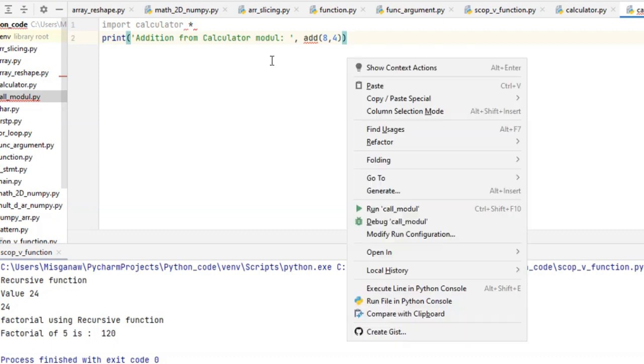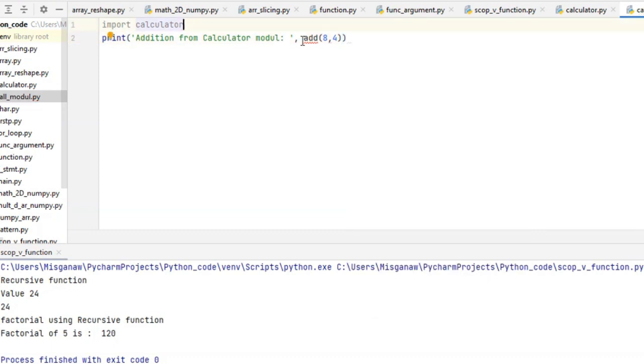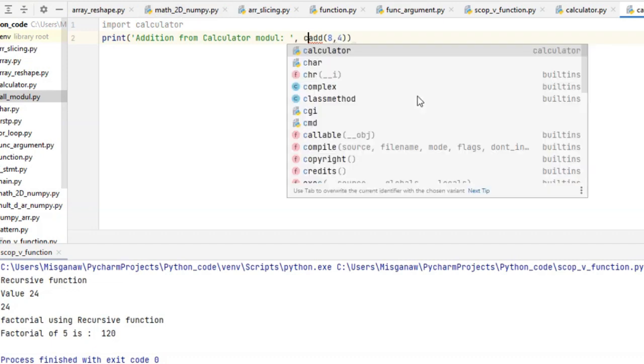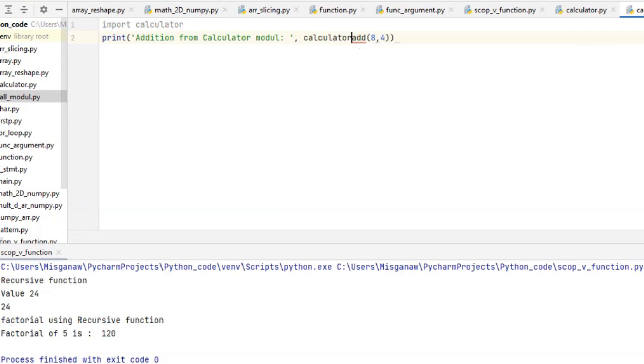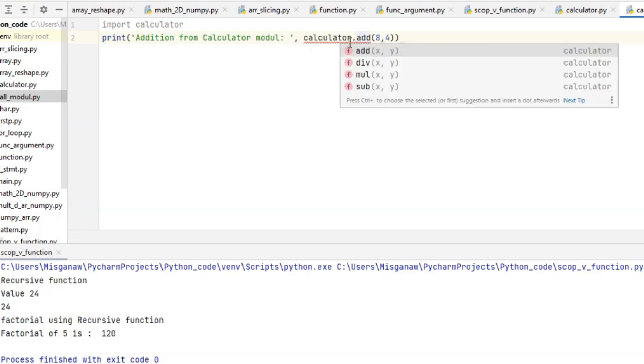Sorry, we have to pass the name of the Python file, the name of this calculator. Calculator dot add.